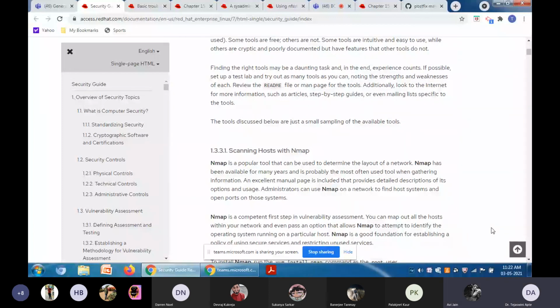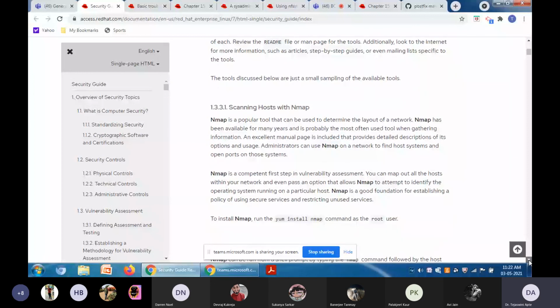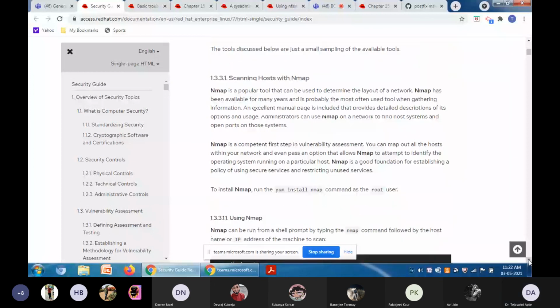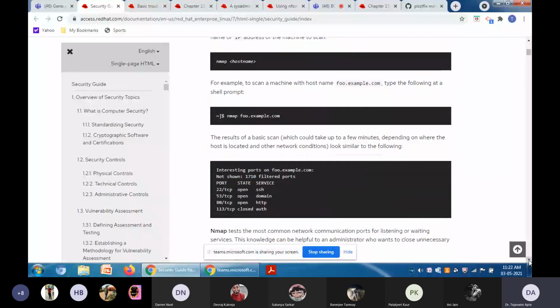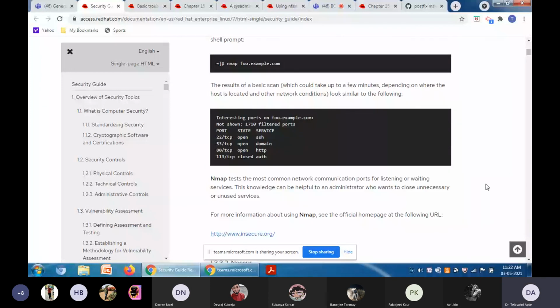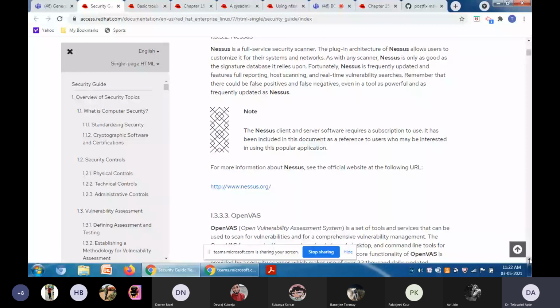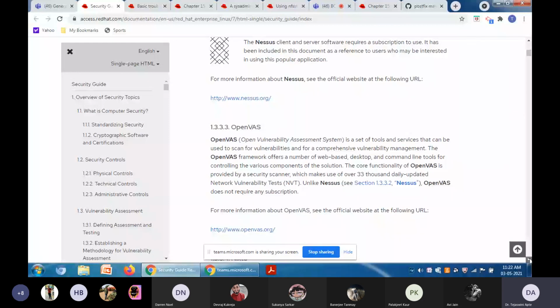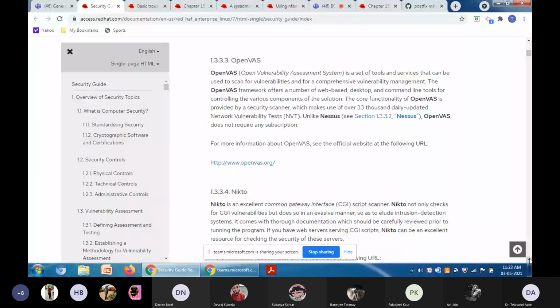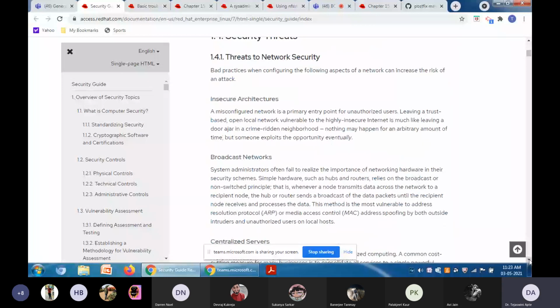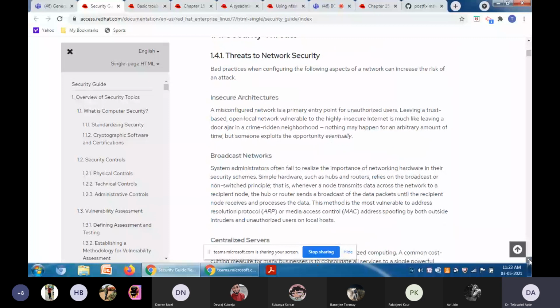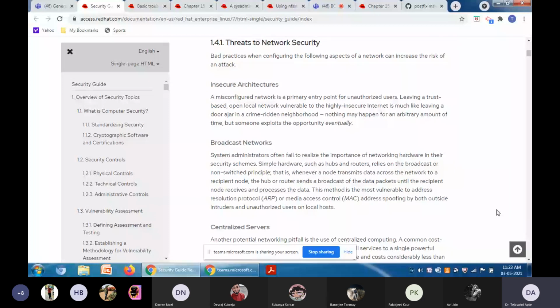We have discussed Nmap. We have seen how Nmap works. We have also discussed OpenVAS. There are 100 different tools. Nikto we have discussed in the class, right? And now in the next lecture we are going to talk about threats to network security